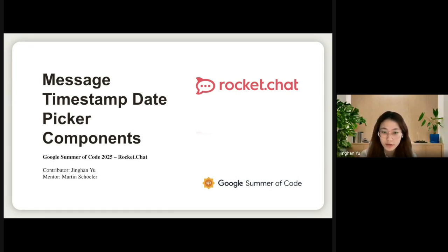I'm so excited to present my project today. I've been working on developing message time-stable data picker components for Rocket.Chat under the mentorship of Martin. This project aims to solve a fundamental problem that many of us may be facing when working with the global